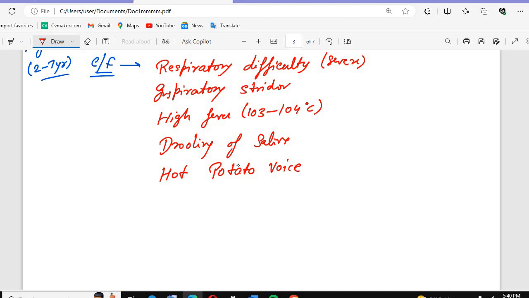hot potato voice means, as if someone is putting a potato inside the mouth. Don't try this at home. We also call this the plummy voice. The child's